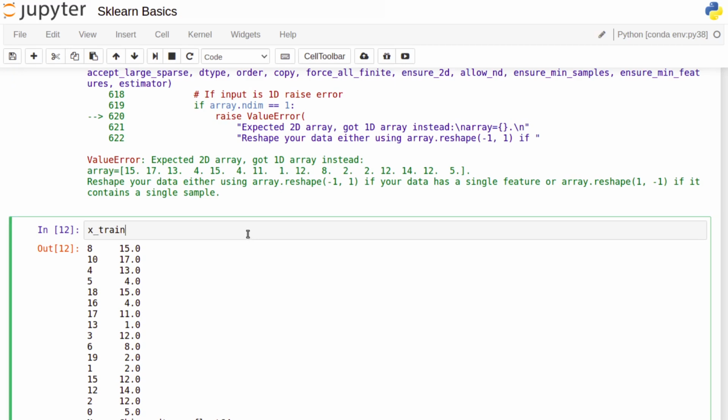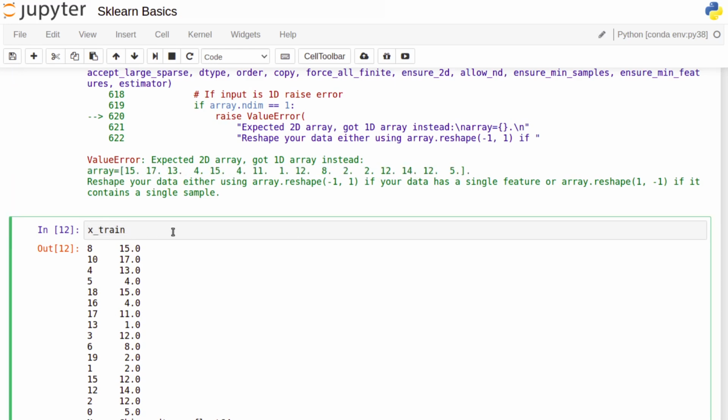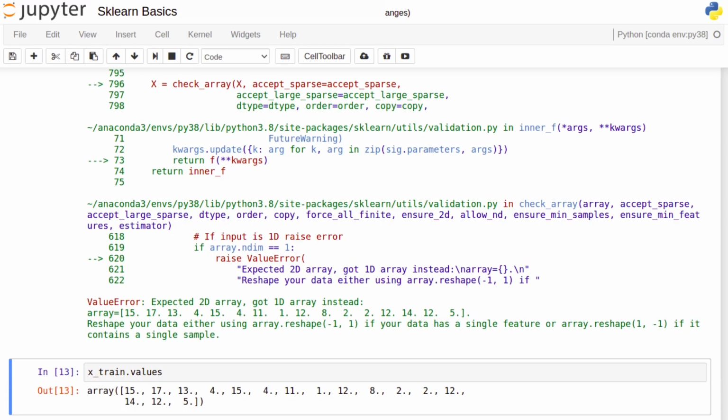Now, this is a place where, again, we're going to run into an error that's going to confuse new people quite often. Okay, so it tells us to reshape. Well, if you look at this carefully, you see the value it actually got is an array, even though what we have here is this pandas series object. Under the hood, pandas and most other things you're going to work with in Python are going to be using numpy to do their math. And so it actually is going to be using this .values under the hood to do the passing around of information. So if you go ahead and run that,